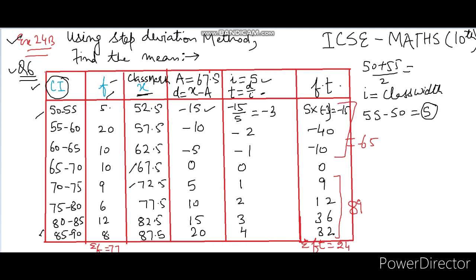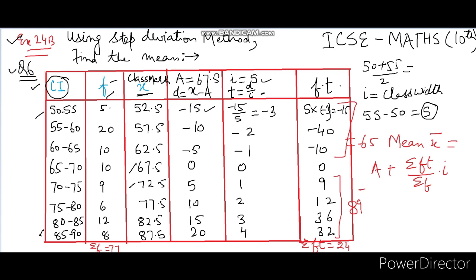Okay, now the important thing which you all know, after doing all this calculation we have to write our value of formula. Okay, value we have to put later, but before that we have to write our formula of finding the mean, right? So that formula, just see very carefully, that formula of a mean, which is x bar, using which method? Using step deviation method. That formula is a plus summation ft divided by summation f dot I. Dot I is the new thing.